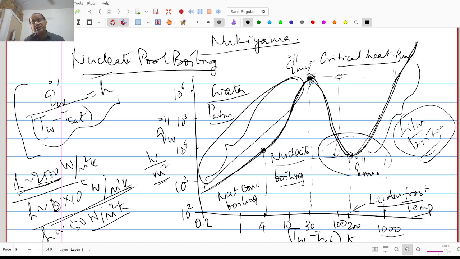So when this curve was initially generated, Nukiyama tried to have an electric heater, and with the electric heater he tried to heat the water to get to here. So what happened was, he was able to get from here to here, but when he reached here, the coil that he used for electric heating of water would just burn out. So it's called the burnout point. Okay. So Nukiyama was not able to get beyond the critical heat flux point, because when he tried to heat further,